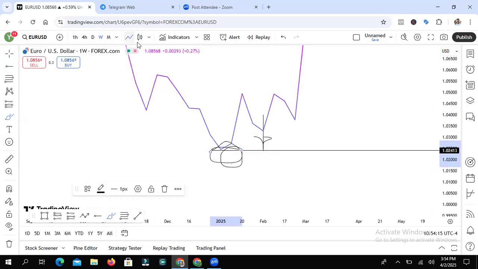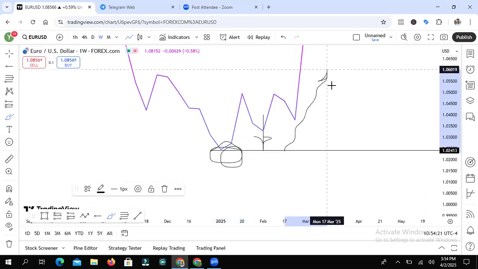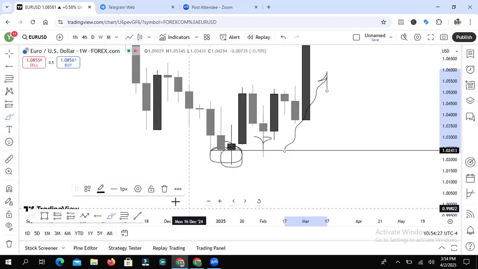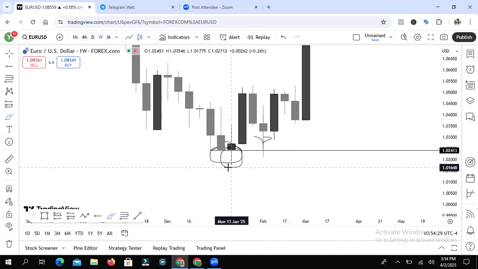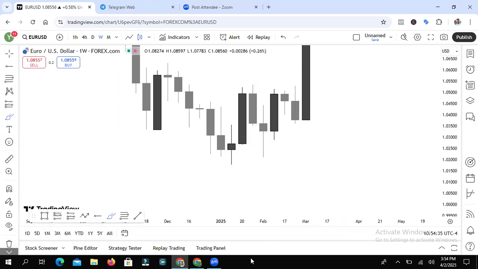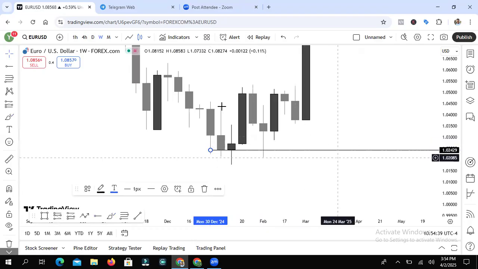You can see the moment they traded into it, they just started to buy. So if you were to come into this week, like I said, all you need is candle rejection and candle closure around a key level. If you were to build a bias this particular week, you could have been looking for buying opportunities.